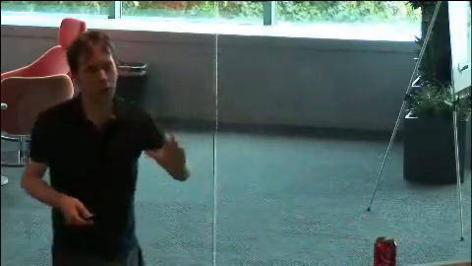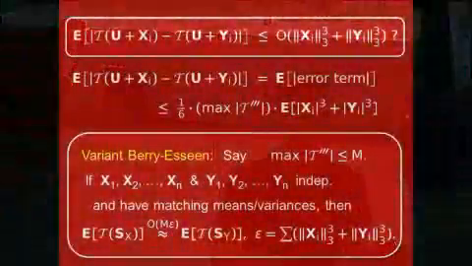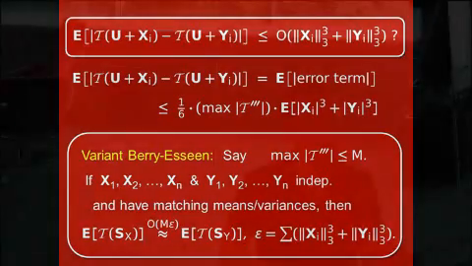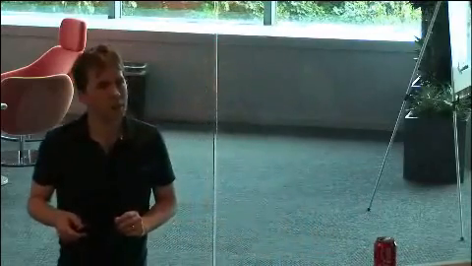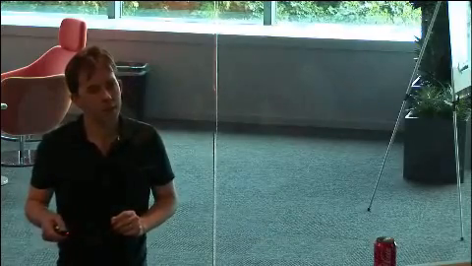It's hard to do this all in one slide, so I'll flick back and forth, because now all we really need to understand is the expected value of this error term. So we'll move the absolute values inside even. It's at most the expected value of the absolute value of the error term. And I claim it's at most this, because the absolute value of the error term is just the absolute value of the difference of these. Okay, I'll keep the 1/6.